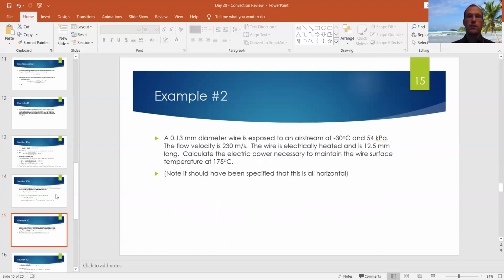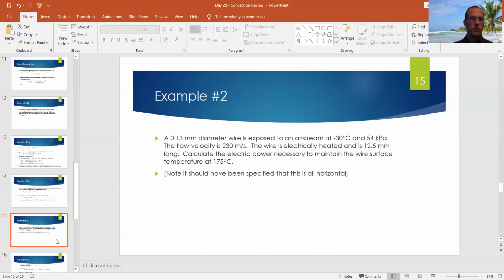So that's example 1. Example 2: I have a 0.13 millimeter diameter wire exposed to an airstream at minus 30 degrees Celsius and 54 kilopascals. Flow velocity is 230 meters per second. The wire is electrically heated and is 12.5 millimeters long. I want to calculate the electric power necessary to maintain the wire's surface temperature at 175 degrees Celsius. And this is all